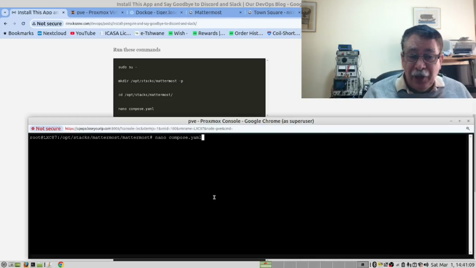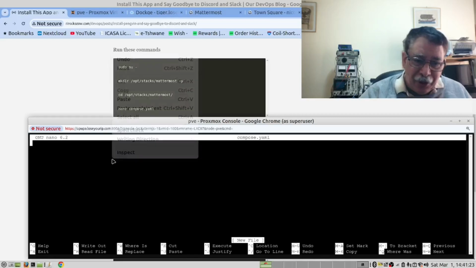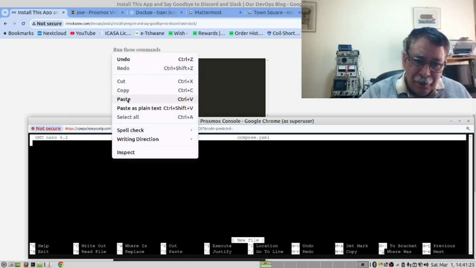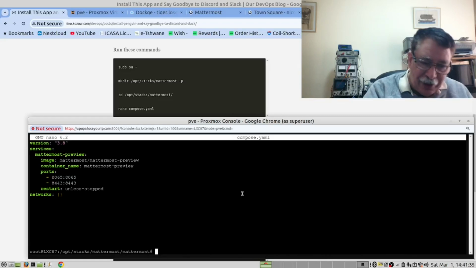We will now create the Compose file with our editor. Please note the name is compose.yaml. And we will paste the content in here. And we will save it, Control S, Control X.